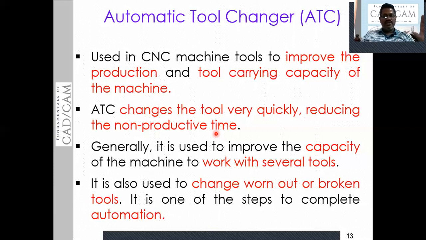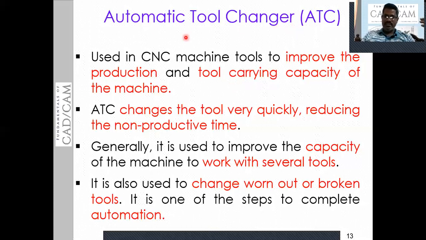So in between, the tool needs to be changed. That tool change time is more. Picking up the tool and inserting that tool in the tool post requires time. During that time, the CNC machine needs to be kept idle. If we are able to reduce this idle time, we can enhance the production rate, and this idle time can be reduced by using the automatic tool changer.